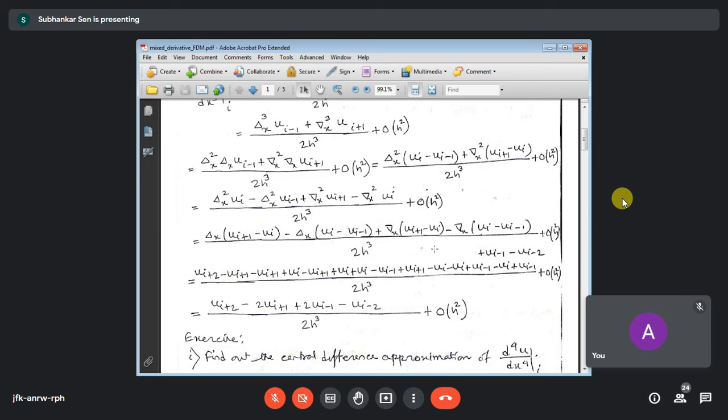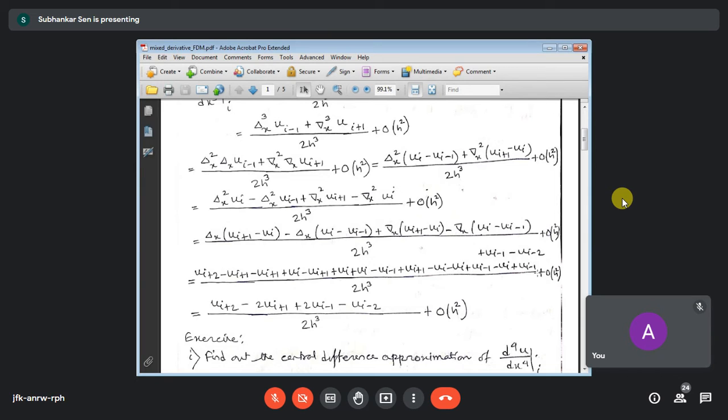Similarly, these terms, if you simplify, this backward difference part, you are getting four more terms from here. So maybe this is two terms, this is two terms, from here two terms, from here two terms, and ultimately from here. So if you look here, this above portion is coming with this term, and these last two terms are coming from here. Okay. So backward difference of ui is ui minus ui minus 1. This is because of minus, this is minus ui, and this is plus ui minus 1.